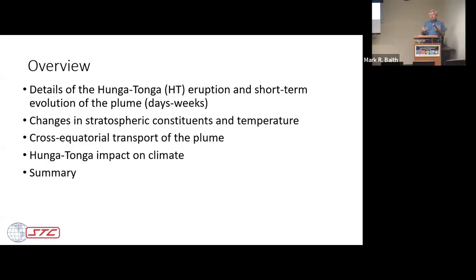This is a tremendous natural experiment. This eruption went, as I'm going to show, up into the mesosphere, produced a lot of stuff up there, and then it got transported around. And it's really great that we have an observing system to see all that stuff. I'm going to show mostly from the Microwave Limb Sounder and the OMPS limb profiler, which is on NOAA 21, I think. They provided a tremendous amount of information on the stratospheric trace gases and aerosols. That's what we're going to look at, and most of the talk is going to be about that.